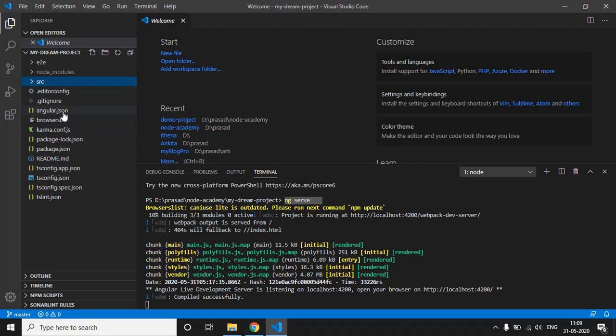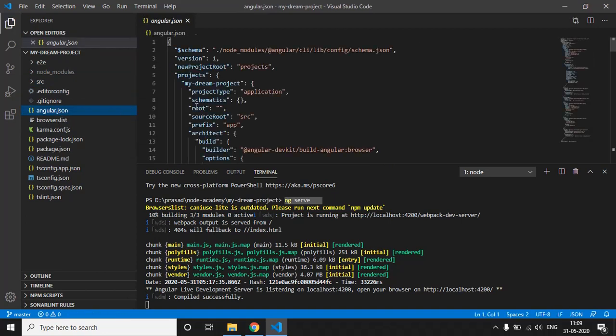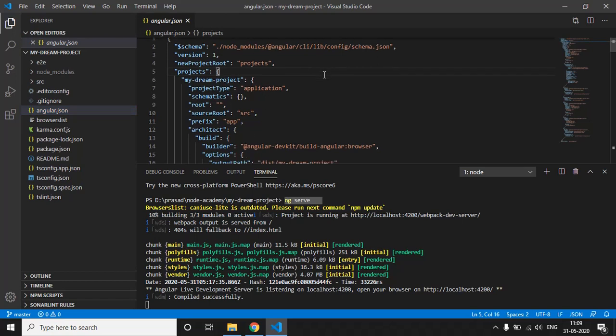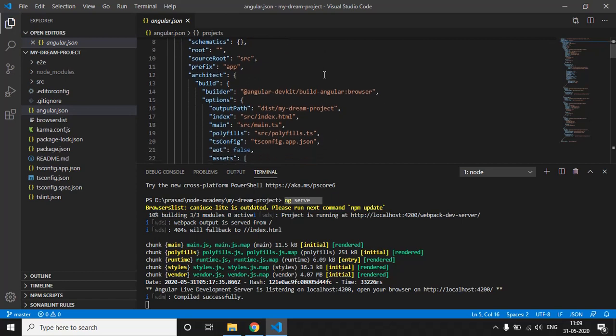Then we have an angular.json file. Actually, angular.json is a JSON configuration file which has the paths to the main files like index.html and the main.ts file.